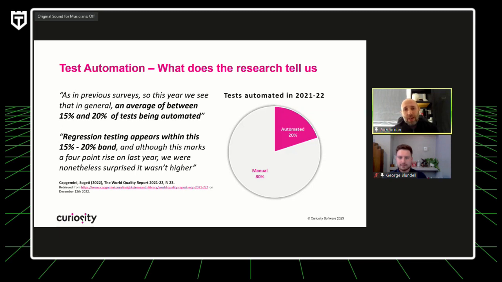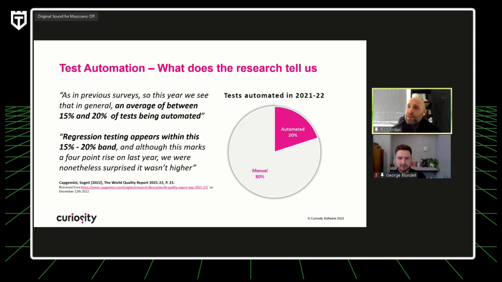Really, automation dominates the testing industry when it comes to the things we talk about, industry analysis, and to be honest, what our stakeholders and organizations want, right? Everybody aspires to automate all of the testing. But for something that's had so much focus over the past couple of decades, the analysis suggests we're not that great at it, right?